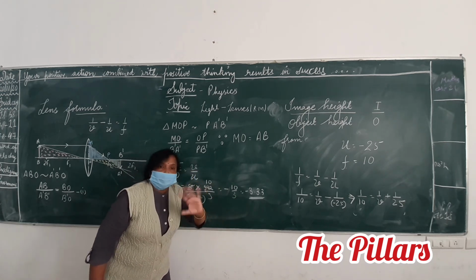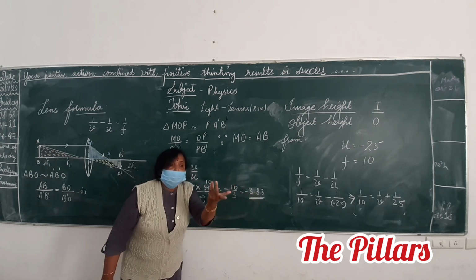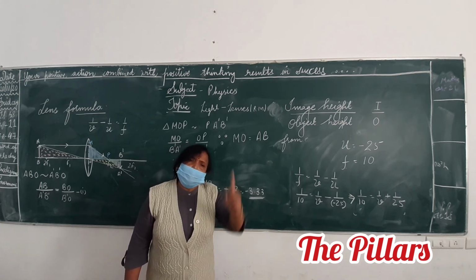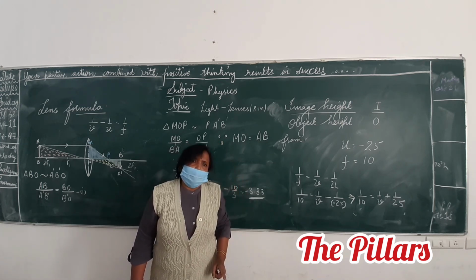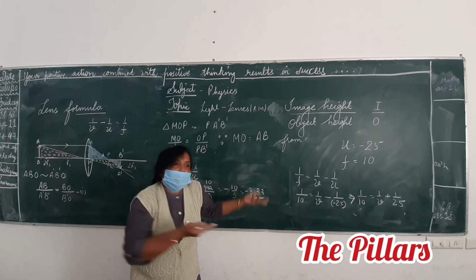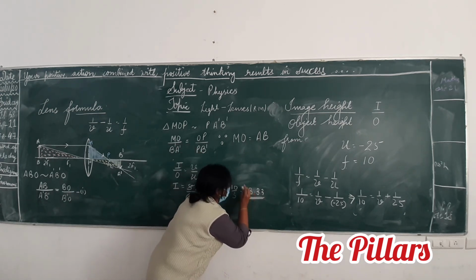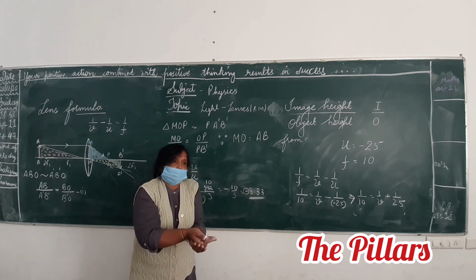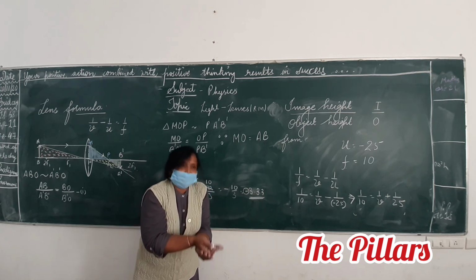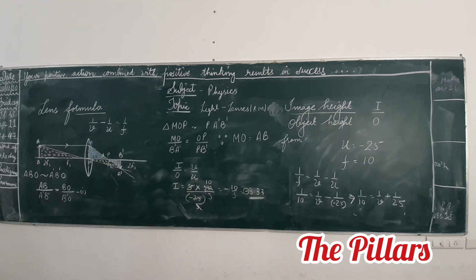Okay. Now look here please. It is minus 3.33 size. Highly enlarged. Size is 3.33. What was the size of the object? Five. And what is the size of the image? Ma'am, but it is opposite. When it is opposite or straight, my dear, it is less than 5. What does this minus sign show? Below the principal axis. It is diminished. Yes. Okay. Right. We will discuss few more questions.